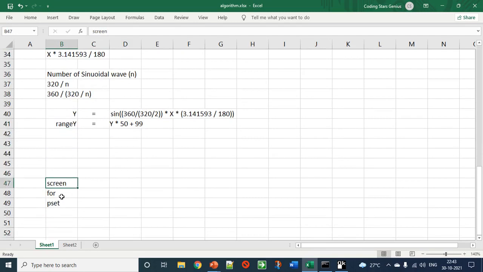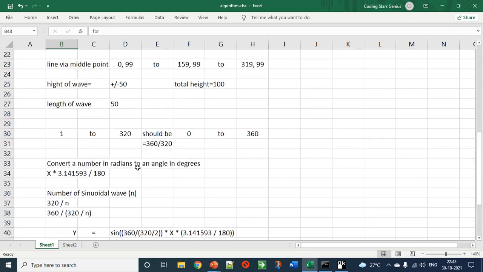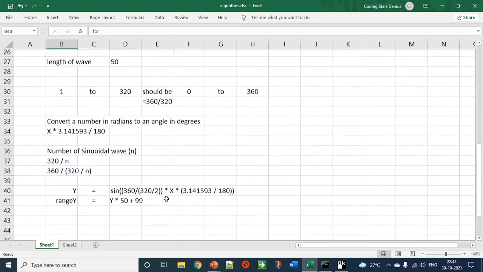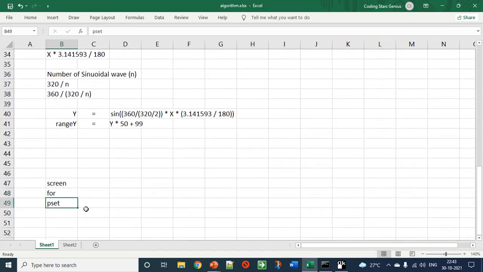Since we are doing GW-BASIC, we have already seen the screen command. We will also do a loop, because we need to loop on the screen from this point to this point. And we are also going to see another command, PSET, which will put a point on the screen.